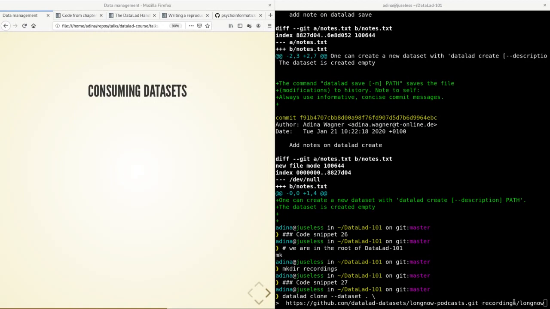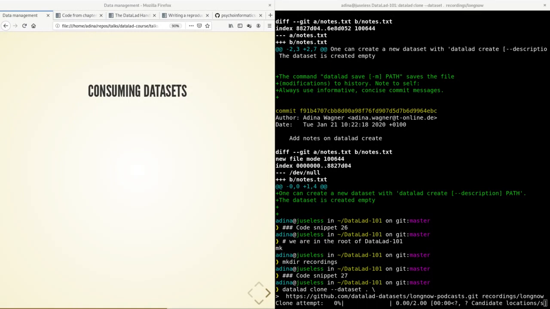So in this newly created directory, I want to have this dataset in a directory or dataset that I call long now. What I'm doing here as well is specifying the dataset I'm doing this in, because I want to link the dataset within my top level dataset. I will show you in a bit why this is really handy to do. If I execute this,